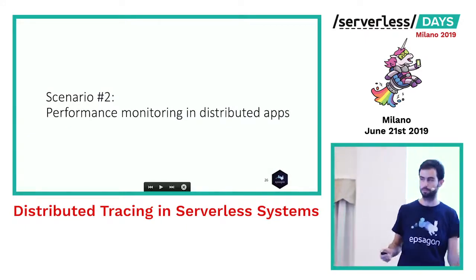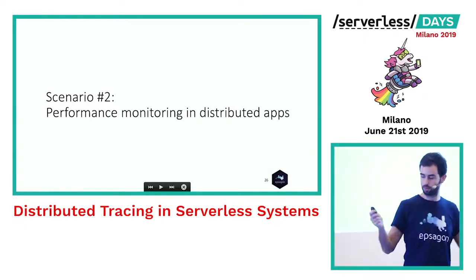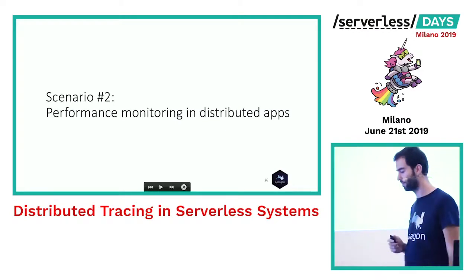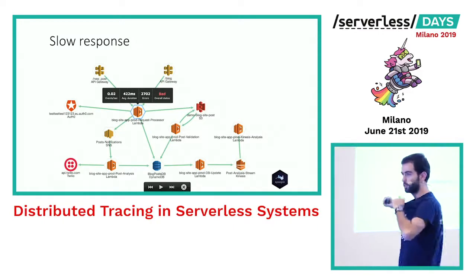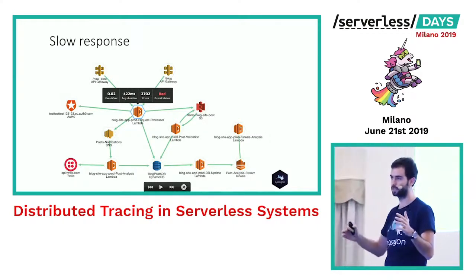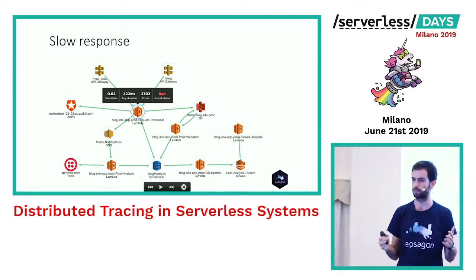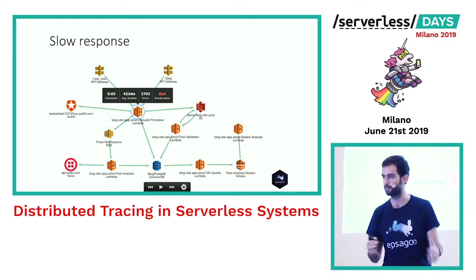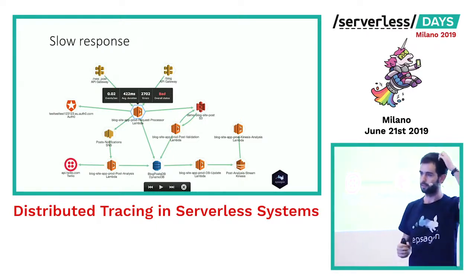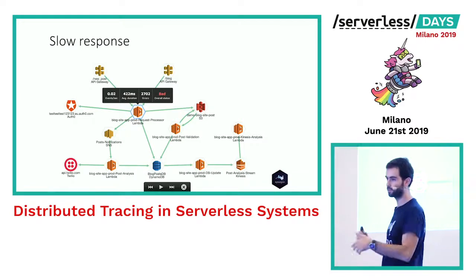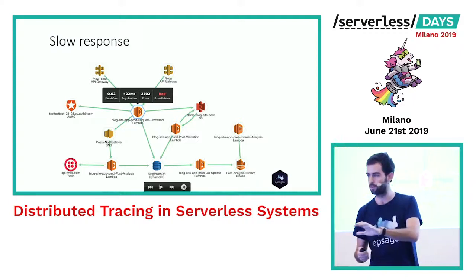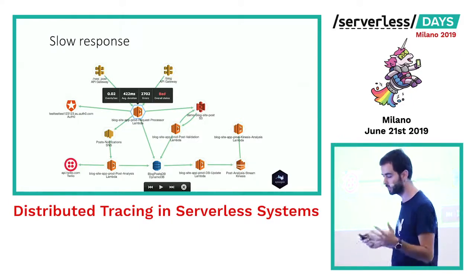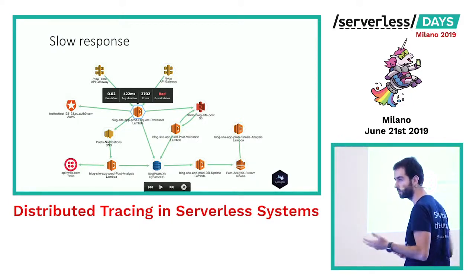The second one is performance monitoring in distributed applications. Well, it's the problem of almost any developer here in the room. Let's start with having an architecture, just to know what's going on, and somebody tells you, hey, I'm getting slow responses from your website or from your API endpoint, and you're like, I don't know where even to start. I'll start to print some logs, I'll start to get some ideas, but then you end up finding that your Lambda function is running slowly,